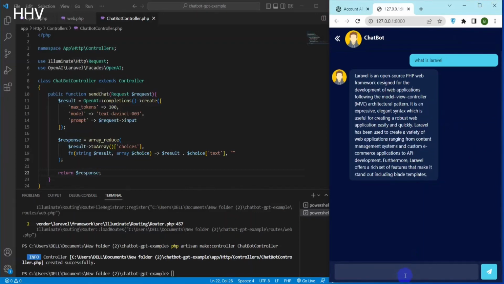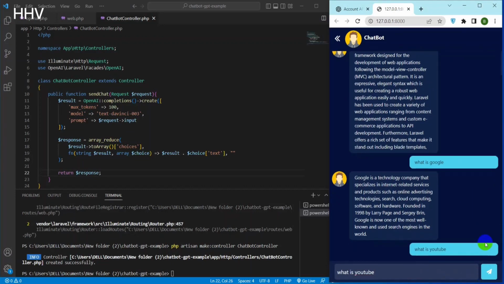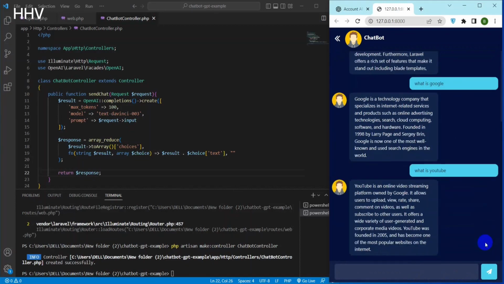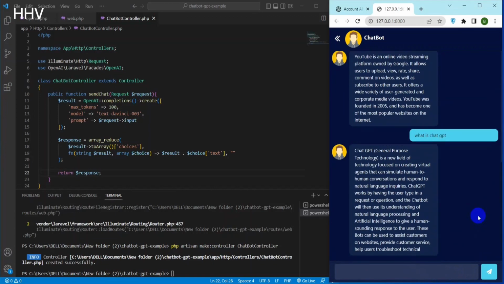Hello everyone. In this video, we will explore how to integrate the GPT-3 OpenAI chatbot into a Laravel project. GPT-3 is a cutting-edge language model that can generate human-like responses to textual input, making it an ideal candidate for building conversational agents. Laravel is a popular PHP web framework that provides a robust and scalable infrastructure for building web applications. By combining these two powerful technologies, we can create a chatbot that can handle a wide range of queries